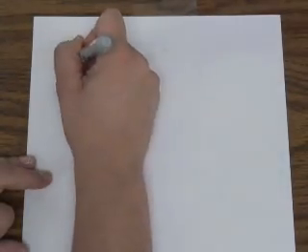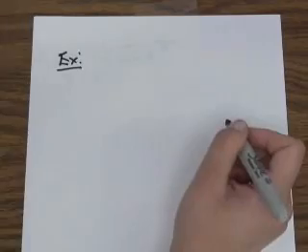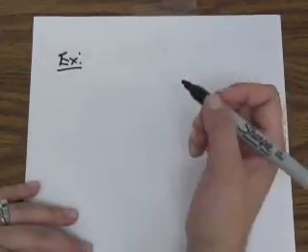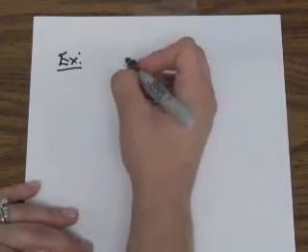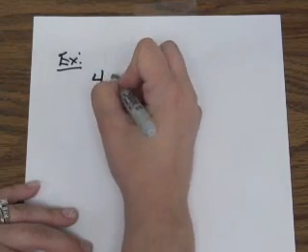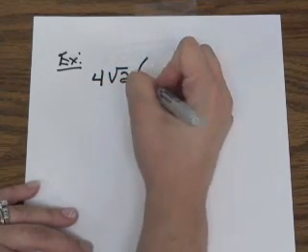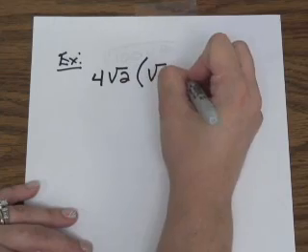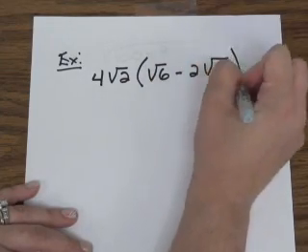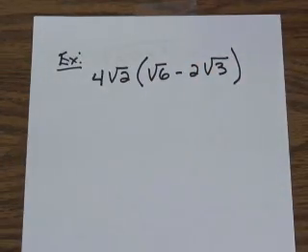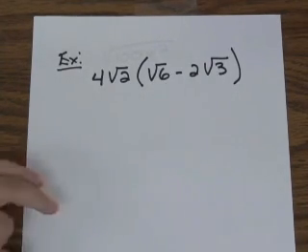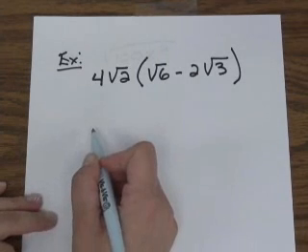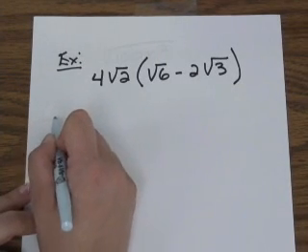Now let's look at some radicals where we will be expected to multiply and then simplify, because in those previous problems, that's what we were doing. We were just simplifying. For example, the problem 4 square root of 2 times square root of 6 minus 2 square root of 3. Now you're probably wondering, how the heck are we going to do this? Well, the same way, let's compare it to something that we've done successfully already. Something like